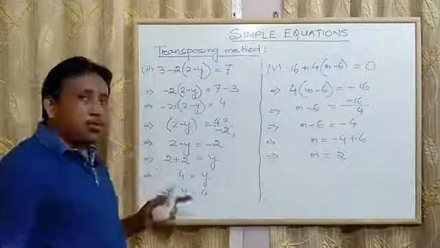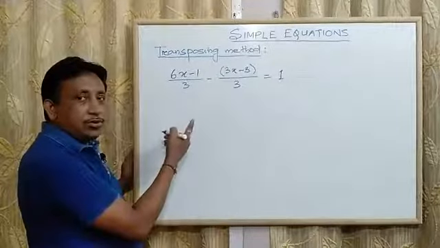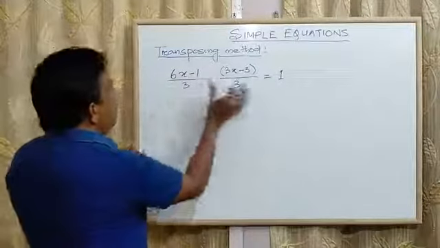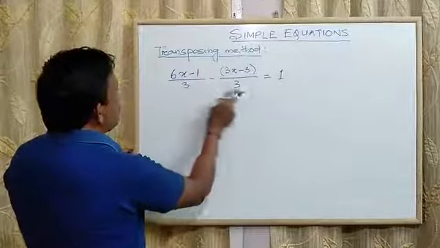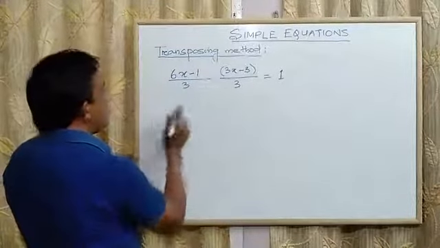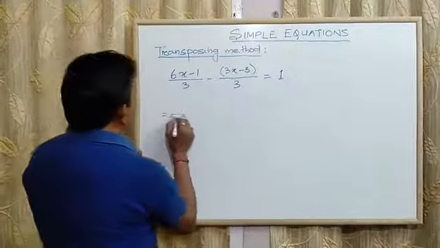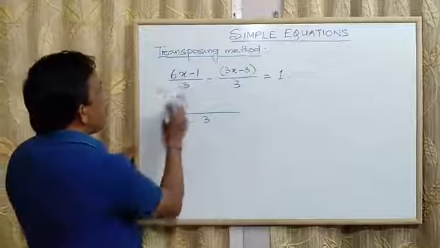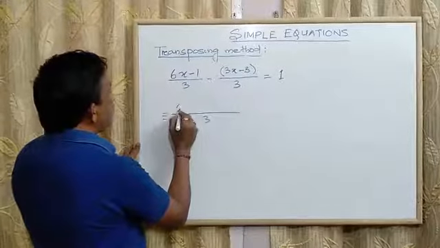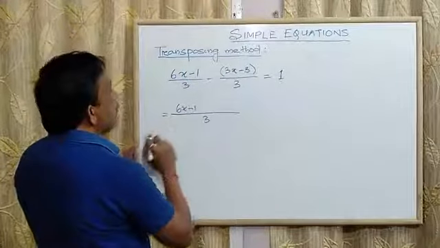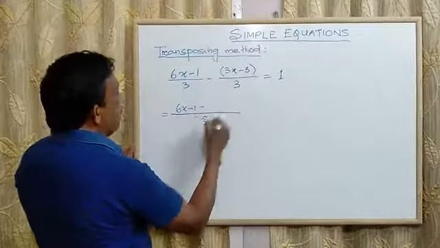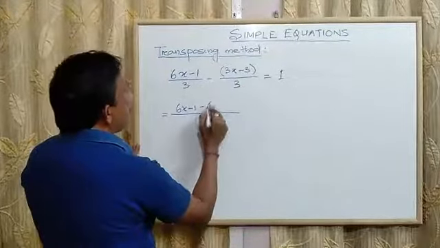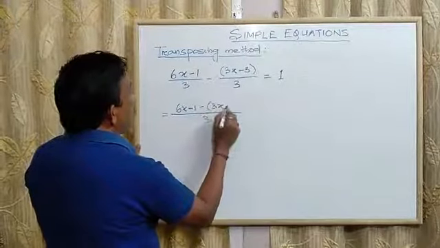We will see one more question. Now let's take this question. It looks a little complicated. Let's see how to solve this. Now see, on the left hand side, both the denominators are 3. So what we can do is, we will take the LCM of this. So LCM of 3 and 3 is 3 only. Alright. Now 3 how many times? It is 6x minus 1 only. Now minus, here also it is 3 how many times? 1. 1 into this. So minus, it will remain the same, 3x minus 3.